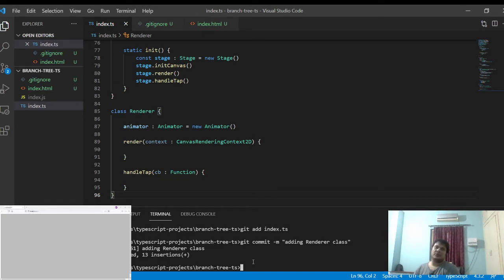Now what we are going to do mostly is define a node.